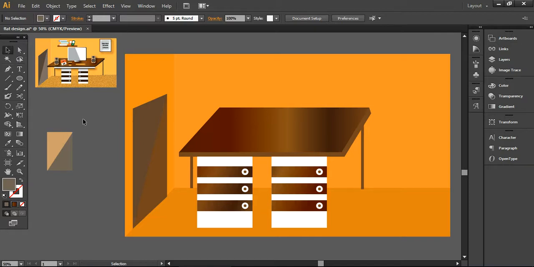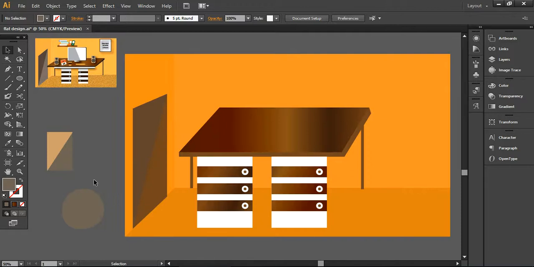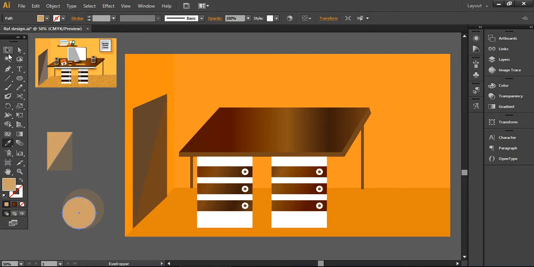But before that, I'm taking this ellipse tool here, pressing Shift and dragging a simple ellipse like this. Here you can press Ctrl C and Ctrl F, and now you can reduce the size. Double click on it, and here I'm changing the color to another color, or maybe this one. Take this color picker, and I've taken this color, and now I'm simply taking a copy of this